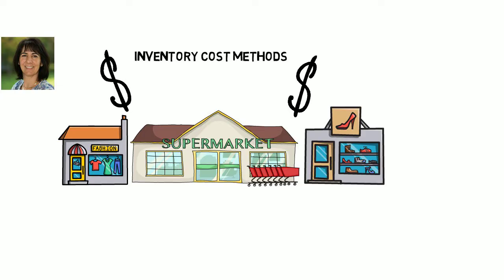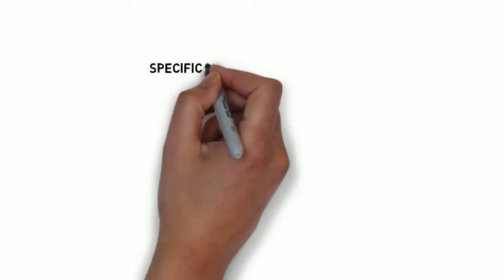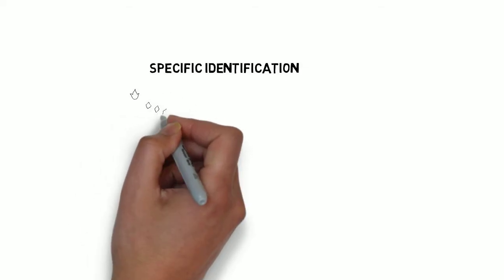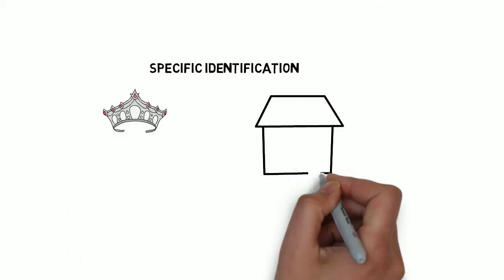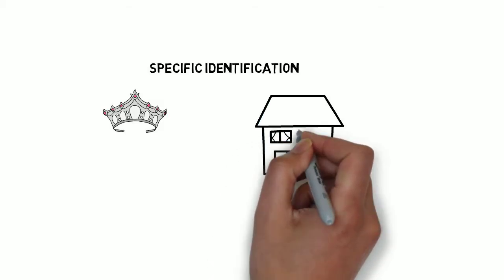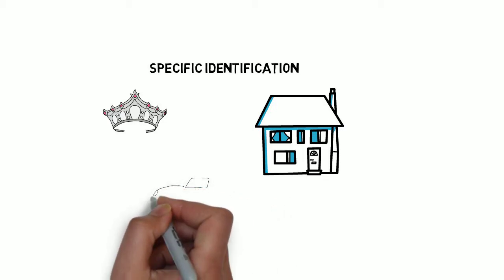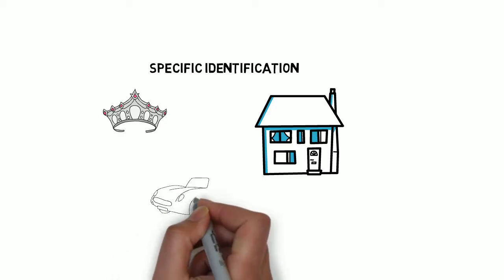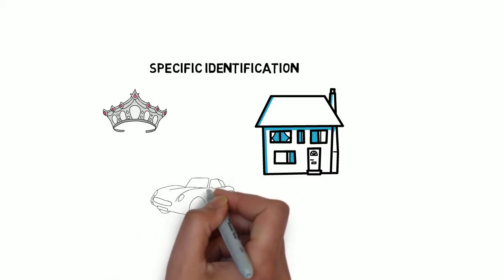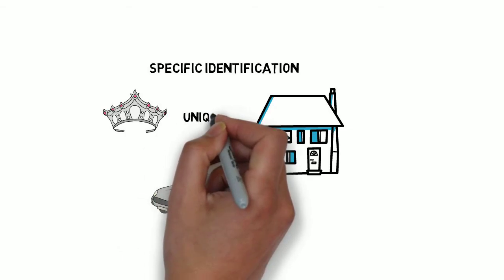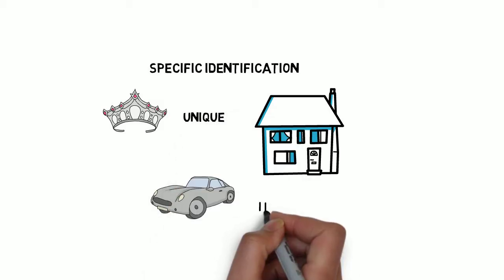The first inventory costing method that we'll be discussing is called specific identification. This makes the most sense to use when the inventory item is expensive or uniquely identifiable. For example, this could be used best with jewelry, a house, or even a car that is uniquely identified by its VIN number. The general idea is that the seller knows exactly how much that inventory item cost to acquire, so they know exactly what the cost of goods sold and gross profit was for that particular item. This is costly, however, to maintain, so you wouldn't do it with any products that are not uniquely identifiable and